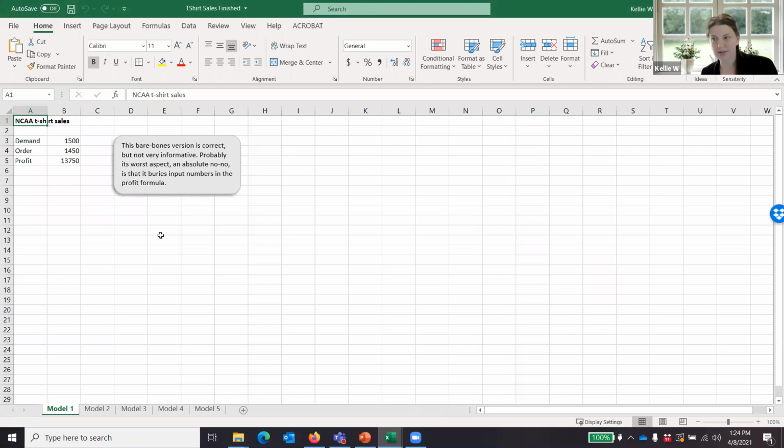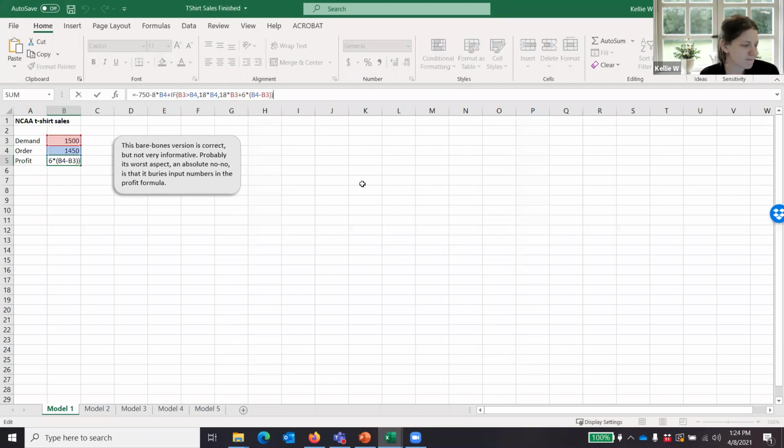So for the first example, we're just going to look at a basic spreadsheet. They walk us through this pretty nicely. This is just some information, the bare minimum type of spreadsheet for this example. They're looking at t-shirt sales. They have demand, which is just a number, order, which is also hard coded, and then they have this profit formula, which appears to be some hard coded numbers, 750, negative 750 minus 8. We don't know what those things are, the significance of those numbers, times the order amount,